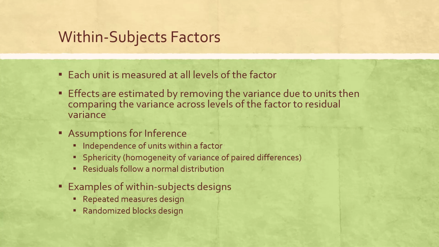If I match on variables related to the response variable, then assign 2 conditions after matching, then I would have a randomized blocks design. Randomized blocks designs are very powerful, as are repeated measures designs, and the reason they're used is because sometimes we can't use repeated measures designs because of multiple treatment interference. That is, if you're going to measure people repeatedly, and when you're measuring them, the different conditions are based upon what happened in previous conditions, such as if you were to have multiple instructional methods and how someone learns in